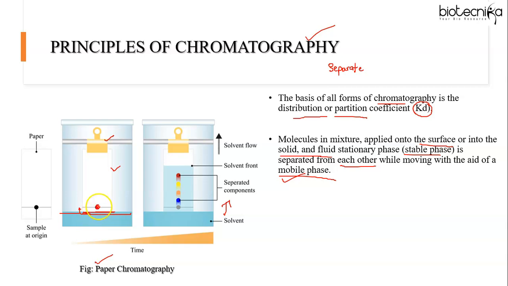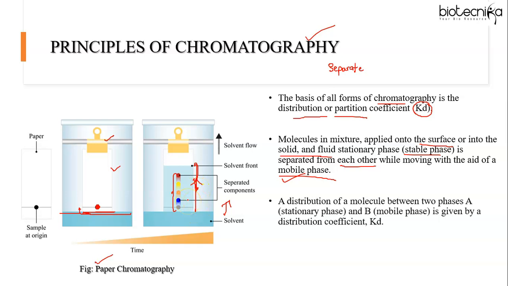The sample, that is the analyte, is applied with the help of a capillary, and then the chromatography paper with the tip having sample spots is dipped into the solvent, that is the mobile phase at the bottom, so that the spots remain well above the solvent. After some time, we can observe that the solvent along with the components of the analyte mixture is traveling upward on the chromatography paper. When the solvent front has reached up to three-fourths the length of the paper, we can remove the paper and perform the analysis. Here you can see the separated components, and this is the solvent front.